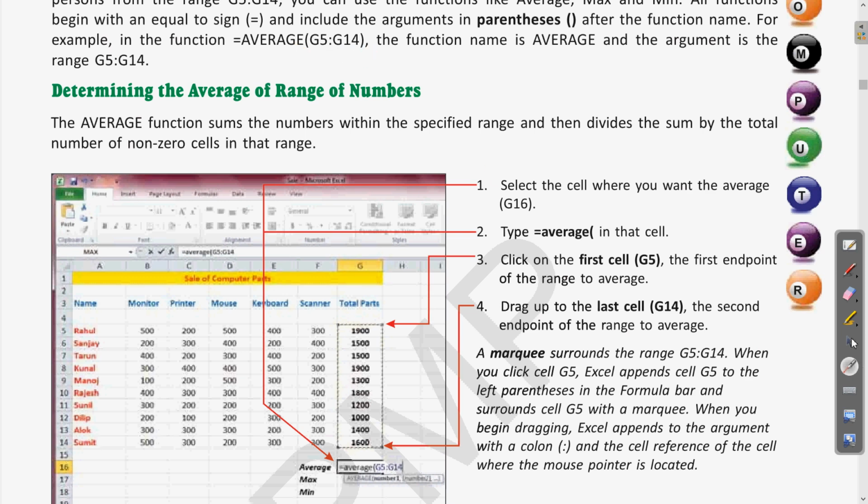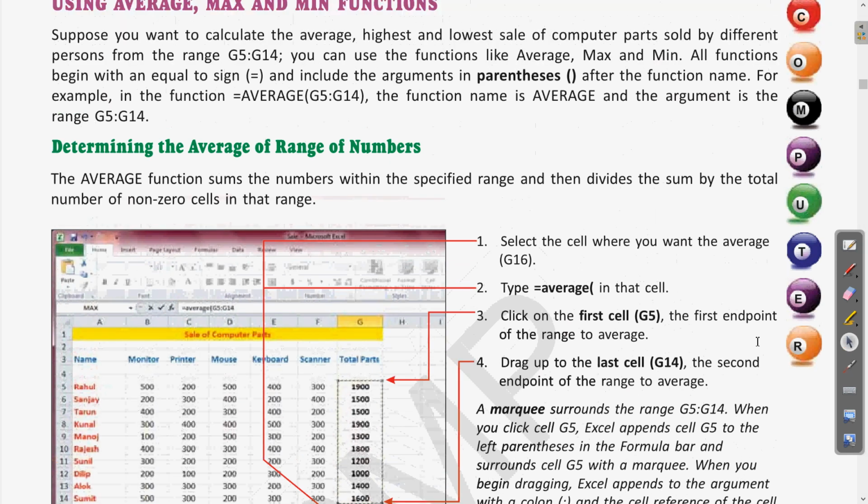So it is going to look at all these cells, the sales of the different items, to find who has done the maximum and who has done the minimum. Then if you want to find the average or other things, we can do it using these functions.